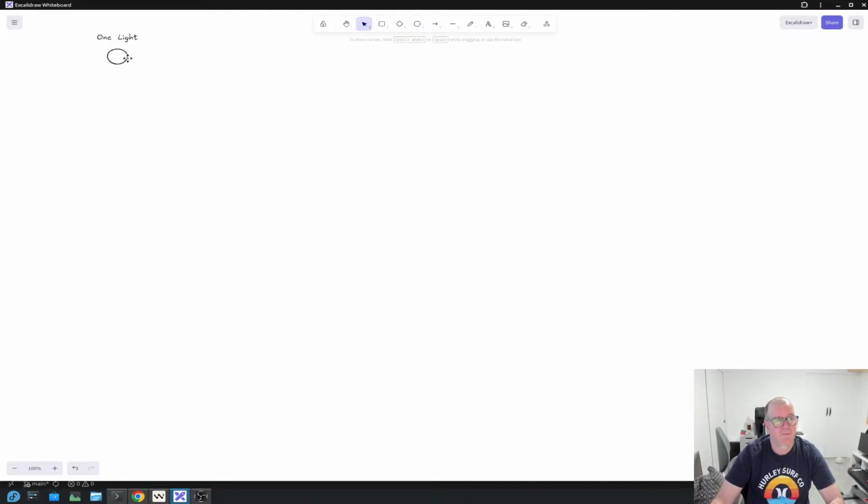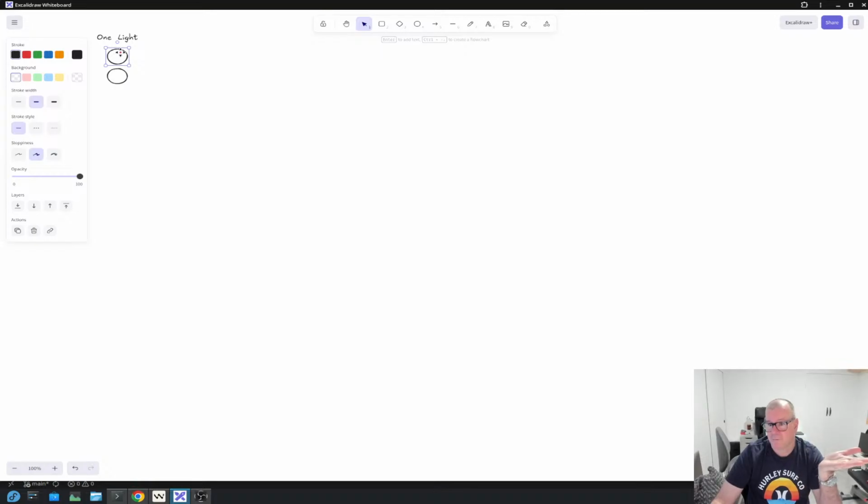With one light, we have these options. Let me copy and paste. We can have case one, the light is off. That means I'm not at home. So if my girlfriend or boyfriend walks by my home, looks at my window and sees no lights on, that means not home.